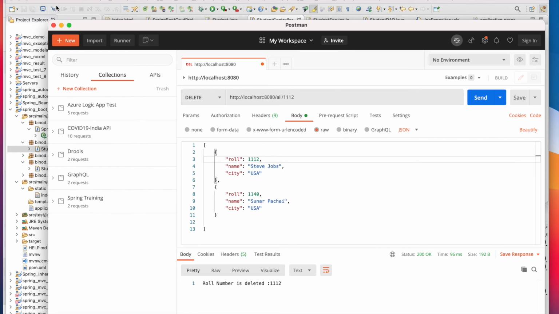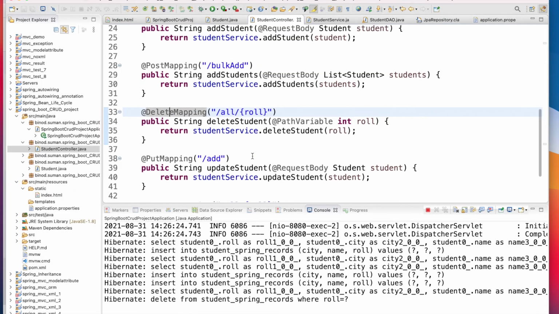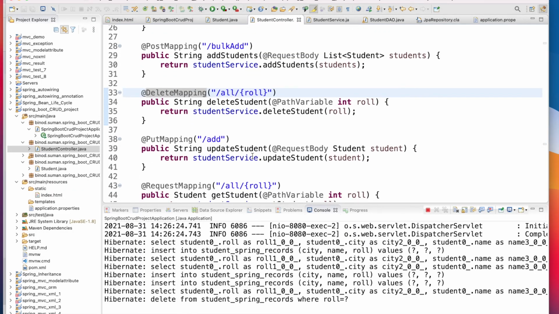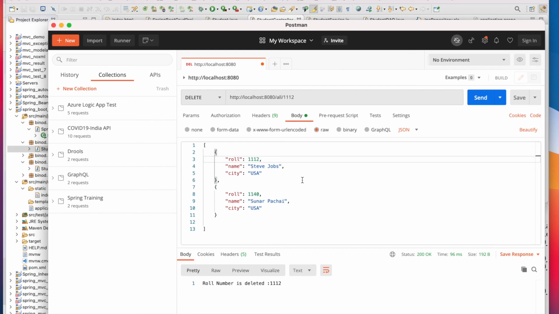We tested that. Now test the put. Put means update, so now I want to update one record. For the update you have to use put and add.